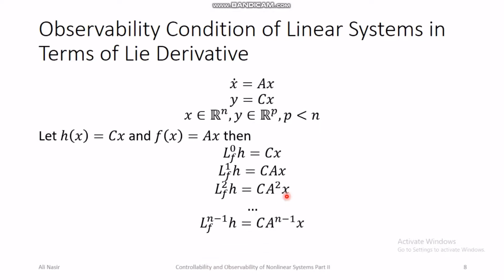So the n minus 1 order Lie derivative would be C times A to the power n minus 1 times x. So you can see that we already have the observability matrix, but this observability matrix is multiplied with the state vector x. So if we put all of these Lie derivatives into a vector